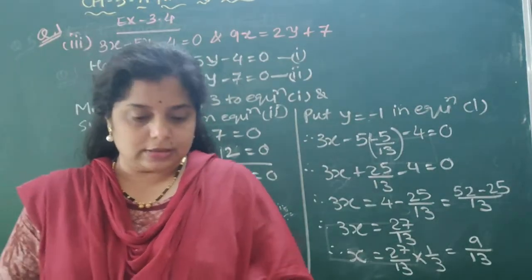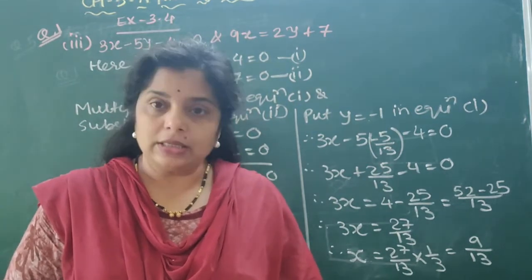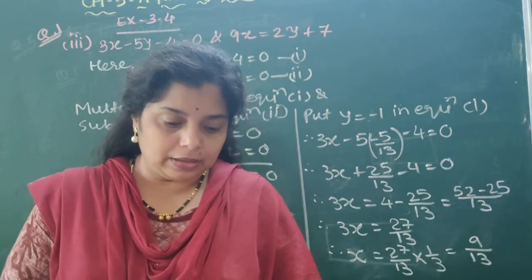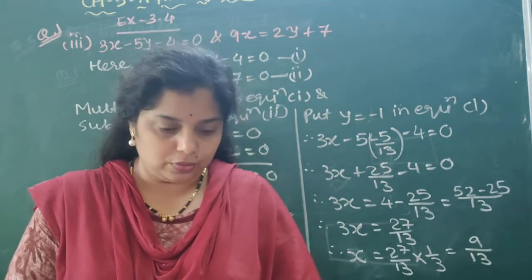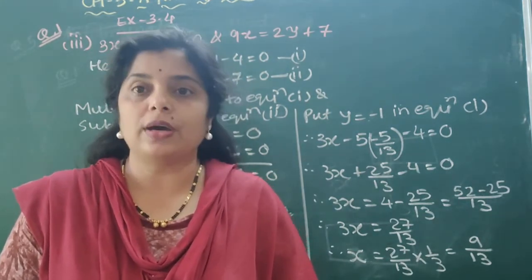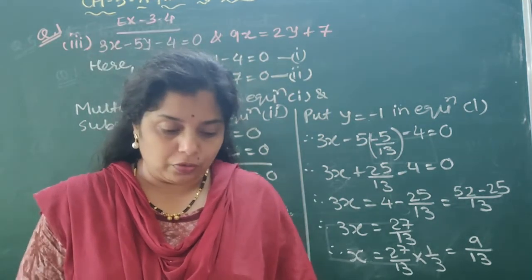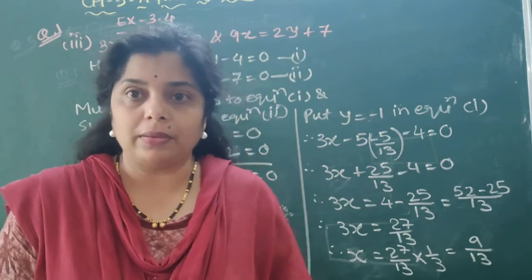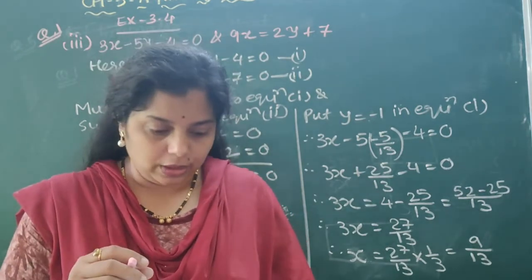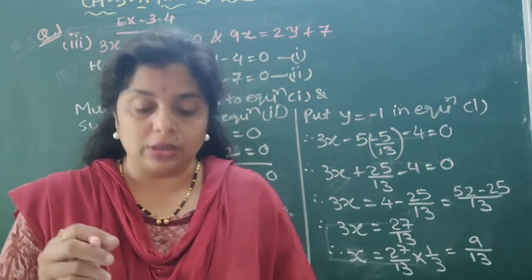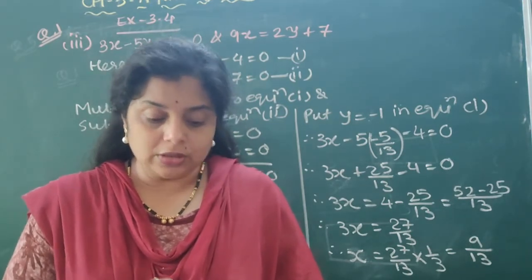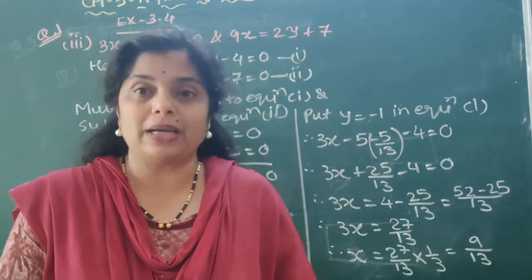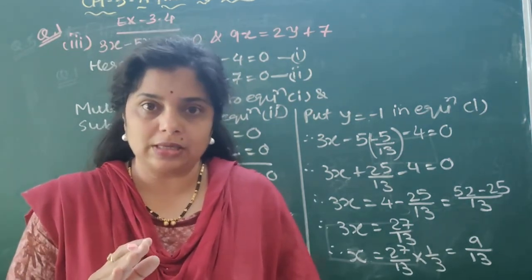Now let's discuss the second one. It is easy, so you can do it yourself. 3x plus 4y is equal to 10 and 2x minus 2y is equal to 2. If you see the coefficients, they are not the same, but we have to make them numerically equal. As I told you earlier, it is plus 4y, and in the other equation it is minus 2y. So plus and minus is there.